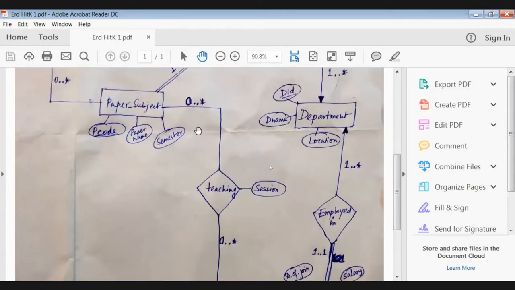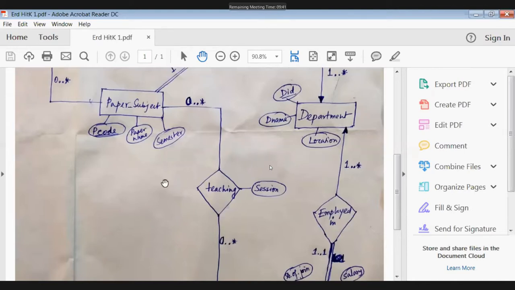And from this side, if I see a subject, there is a subject, but for the time being, it is not taught by anybody. Maybe there was some problem, some visiting faculties will come, yet the faculty hasn't come, so the subject is not taught by anyone. And a subject can be taught by at max multiple teachers, like we share subjects, isn't it?